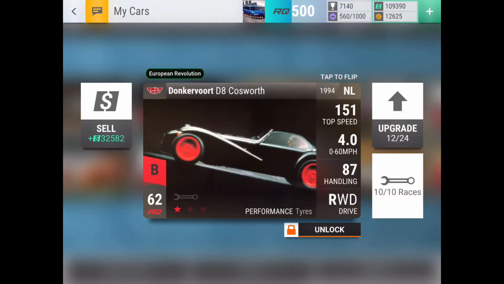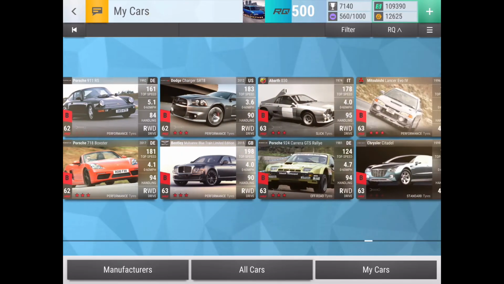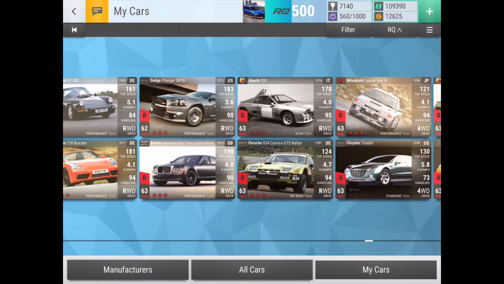Donkervoort D8 Cosworth, I've been slowly maxing it out, but it just isn't really used very much in events, so I don't really want to max it out urgently. It's just kind of been here. Jaguar XES I want to max out because it has similar stats to the XFR Sport Brake. It has a bit better stats, but it's lacking the MRA that the XFR Sport Brake has,